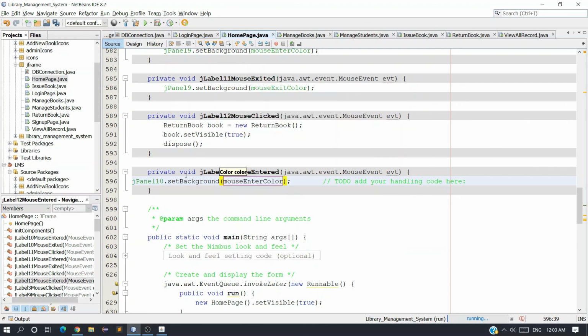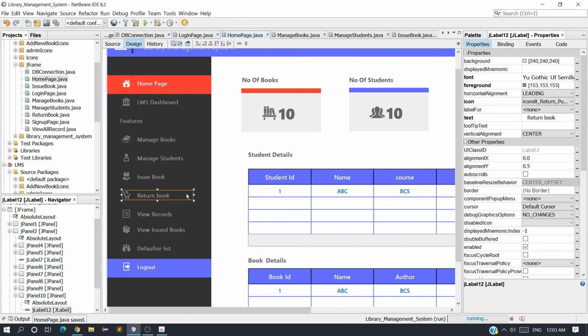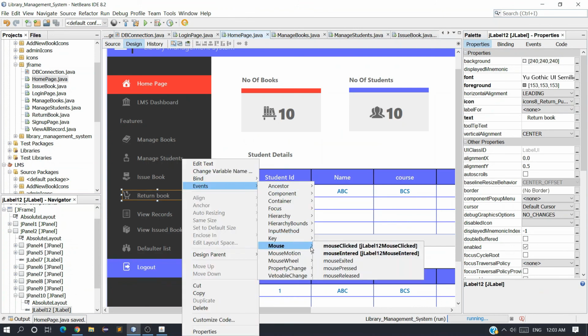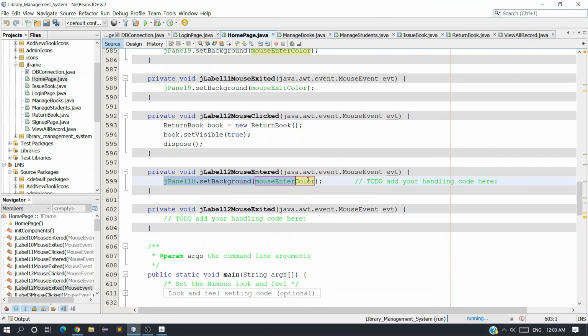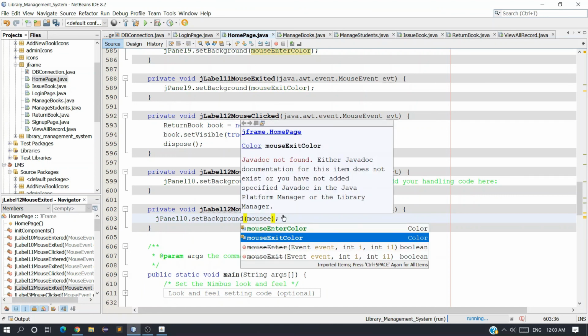Okay, and the next one is for mouse exit. So right click this label event mouse and mouse exit, and copy the same code, paste it here, and change the color, which will be mouse exit color.